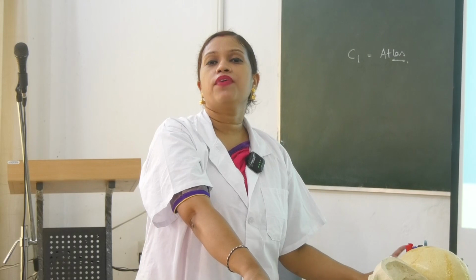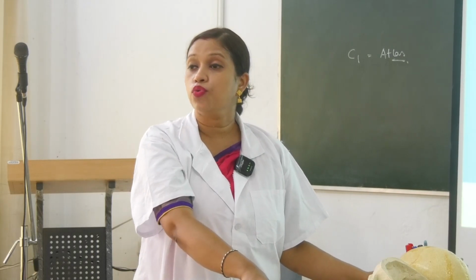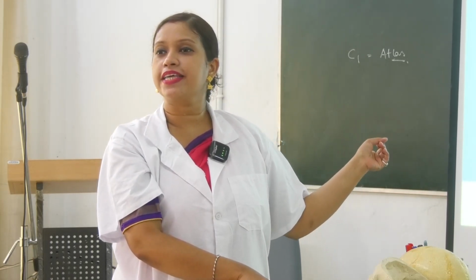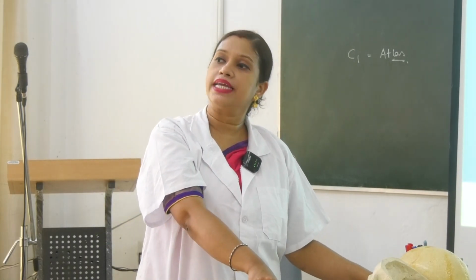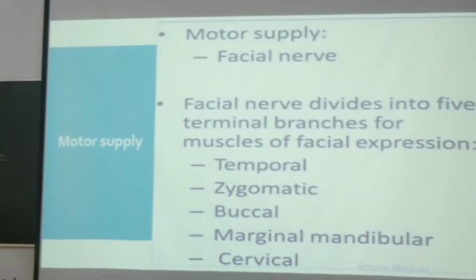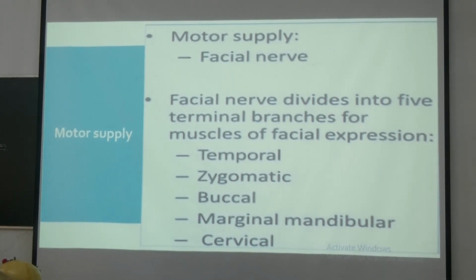Okay, so I am giving one assignment for you. All the nerve supply you have to find it out which muscle it is supplying. ঠিক আছে, সে অক্সিপিটো ফ্রন্টালিস থেকে প্লাটিসমা অবধি যতগুলো মাসেল বললাম, you have to find it out each and every nerve supply. ঠিক আছে, ফেশিয়াল নার্ভের কোন ব্রাঞ্চটা সাপ্লাই করছে, ঠিক আছে।